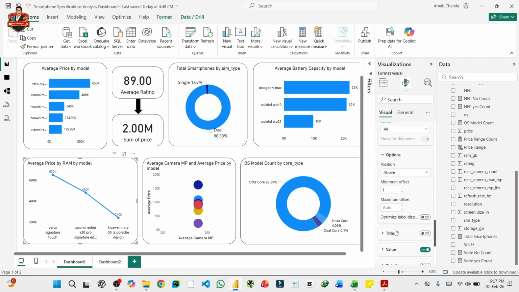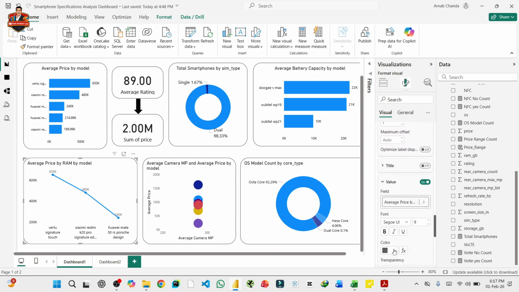Go to the data label, value, color change, font change,